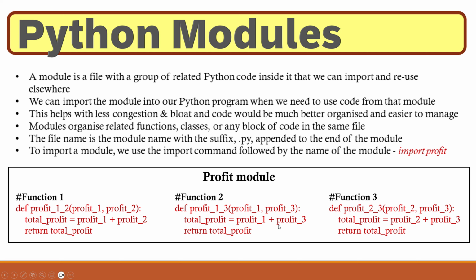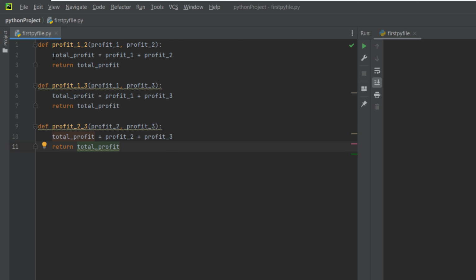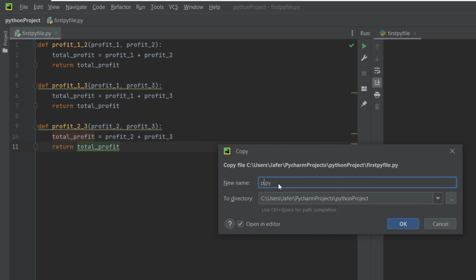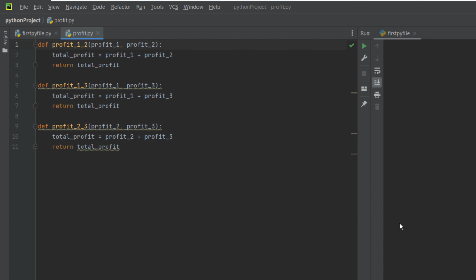We are now in PyCharm, and what I'm going to do is paste in my three functions. So I've pasted my functions into first pyfile.py. I've got my function 1 separated by space, function 2 and function 3. And we can see the names of each function: profit_1_2, profit_1_3, and profit_2_3. If we save this now as a new file, or should I say module, and we will call it profit. So profit.py, and let's click OK on that. And that's it. We have a module called profit.py,